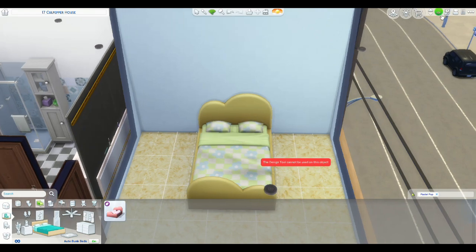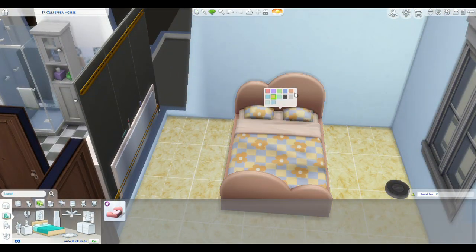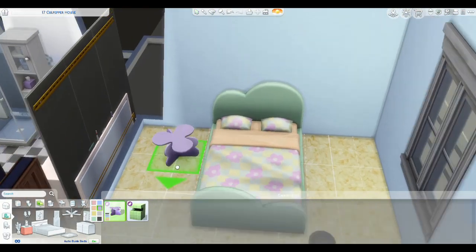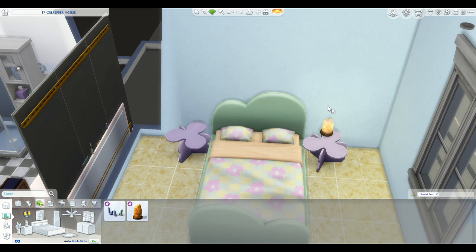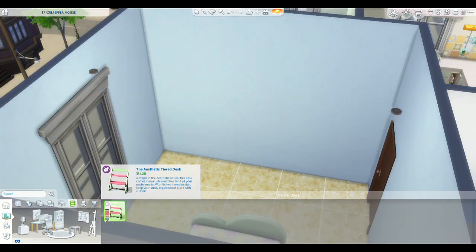and now we are in the first bedroom of this apartment. And I tried to keep both of these bathrooms pretty different, even though they're both pretty colorful. This bed is from the Pastel Pop Kit, and I'm going to be matching it with the side tables from the same pack. This bed's pretty cool because it looks kind of like a cloud,